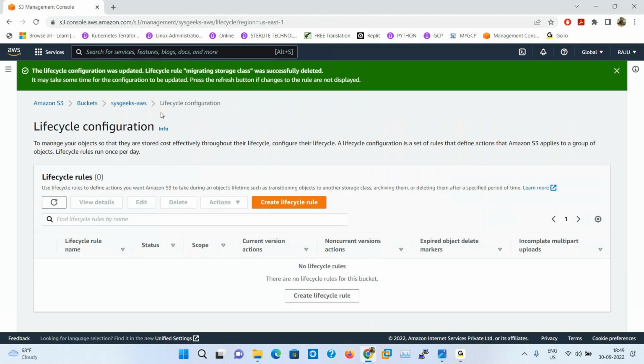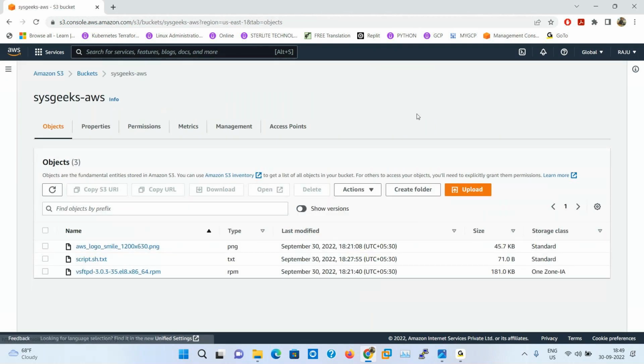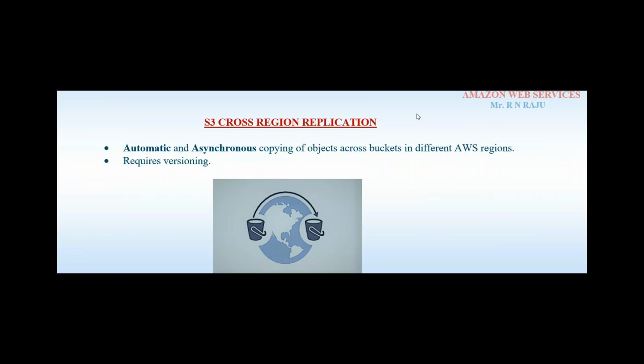Then the last important option: S3 cross region replication. This is also important. For example, in my environment, developers are there and the production team is also there, but one bucket for developers and another bucket for the production team.